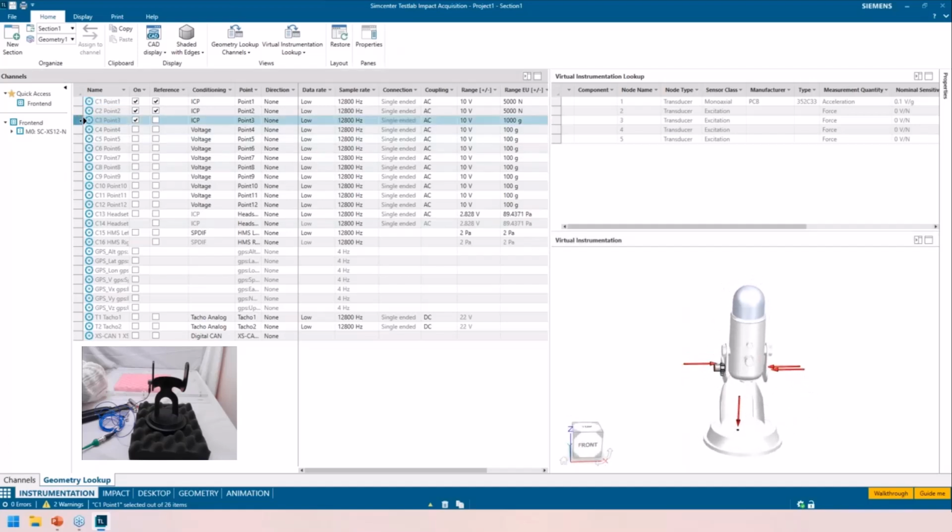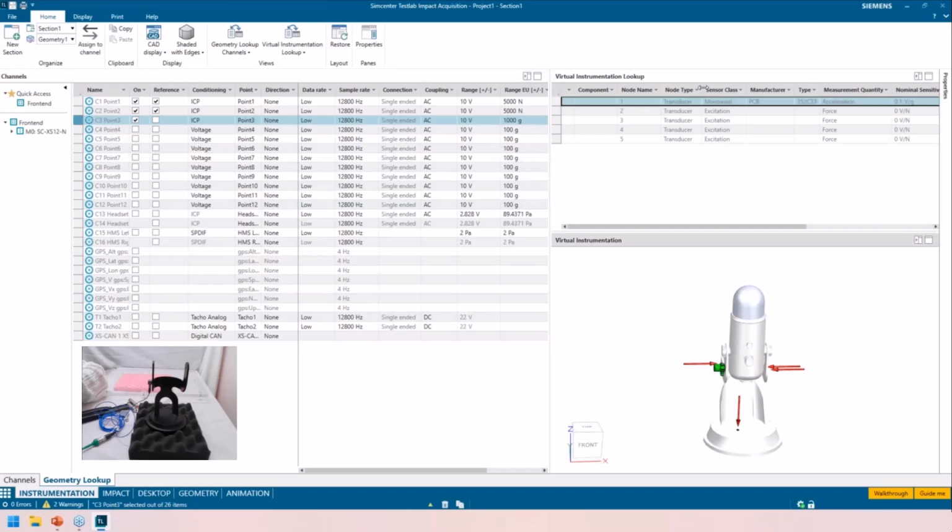So I'm going to assign my accelerometer to this channel here. If I click it, it'll pop up and say this is node 1. I want to highlight this row and click assign to channel. So it's very similar to the other software. It's just in its own special dedicated tab this time. So hopefully it's a little easier to find. It's not mixed in with the TEDS tab or anything.